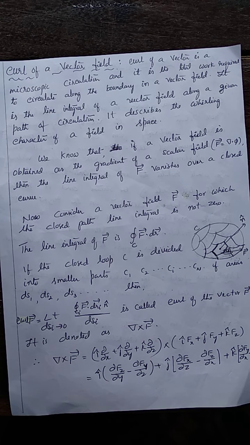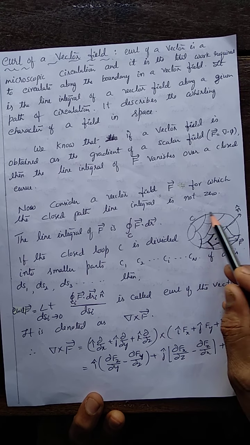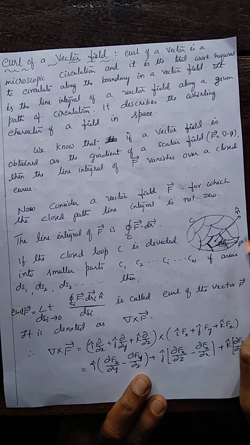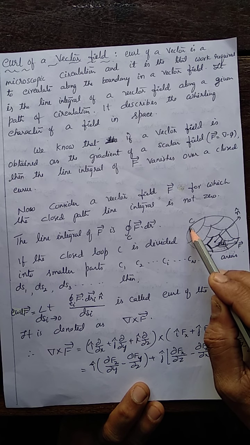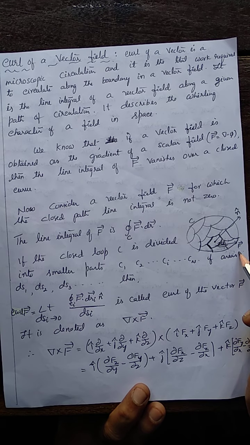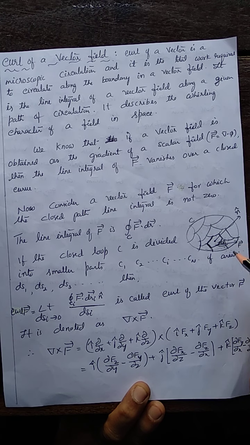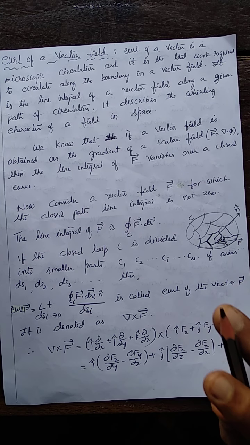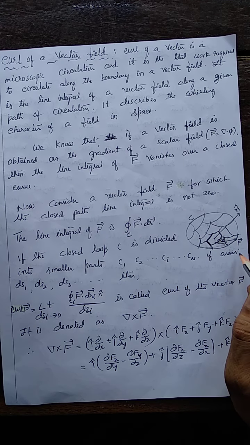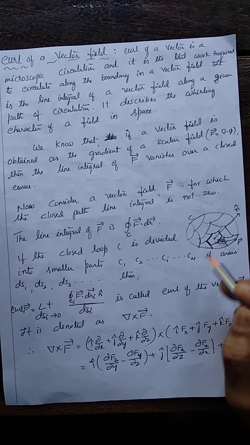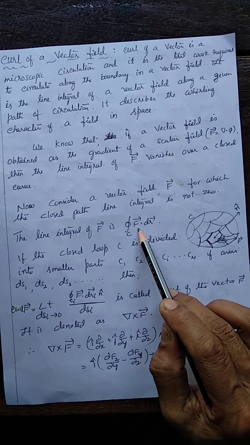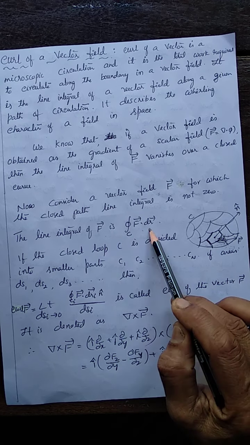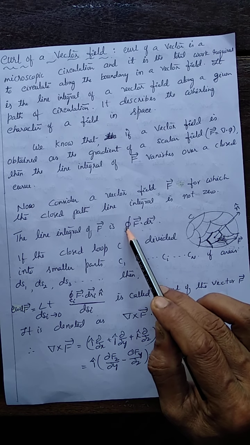It explains the rotational character of the vector field. And for the curl of a vector, see here also I have considered a closed loop C, and I have enclosed a surface S. Let S be the total surface enclosed by this closed loop C. F is a vector field. Then the movement of this vector field along the closed loop is called the circulation. Circulation is nothing but the line integral of that vector field. What is the line integral? Integration of F vector dot dr vector, taken over the closed loop, the entire loop.